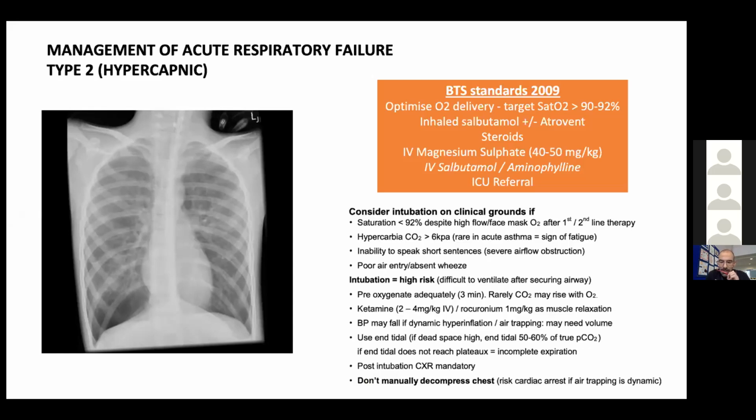So how do we ventilate these children? I would say, if possible, we try not to intubate these type of patients, especially asthmatics. As soon as you intubate, they become like a nightmare. It's very difficult to ventilate. You have to use very high peak pressures to achieve the goals that you want, and it's very scary to have children on a ventilator having peak pressures of 45 centimeters of water or